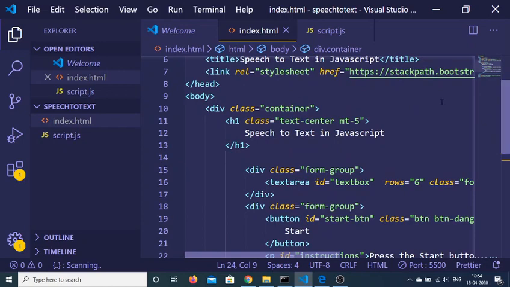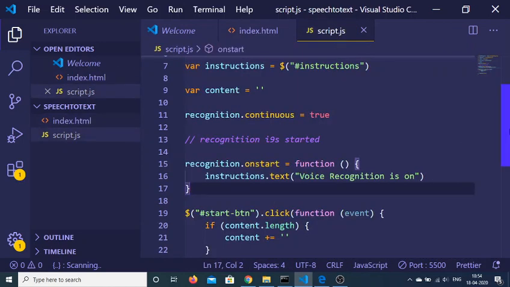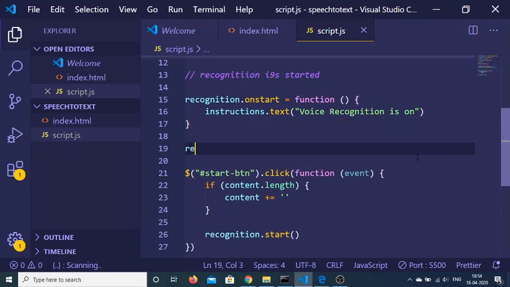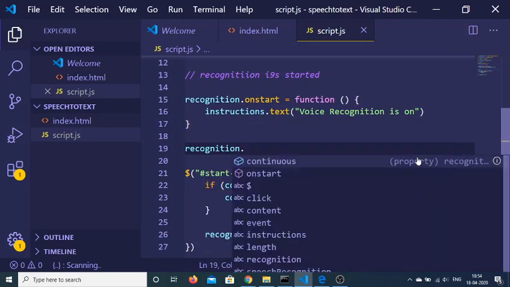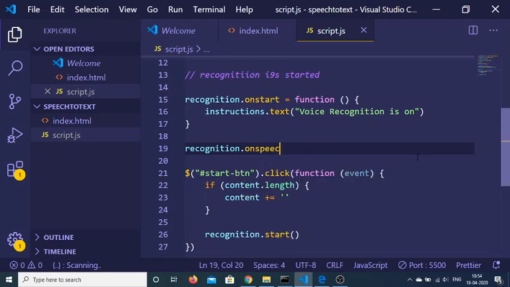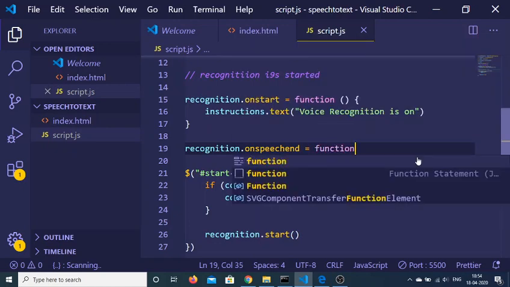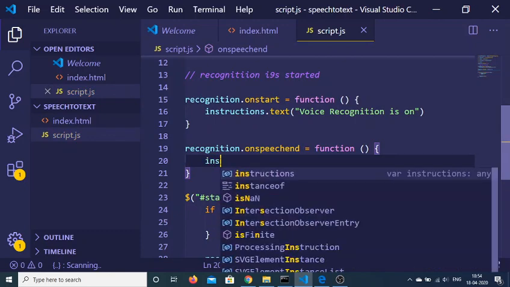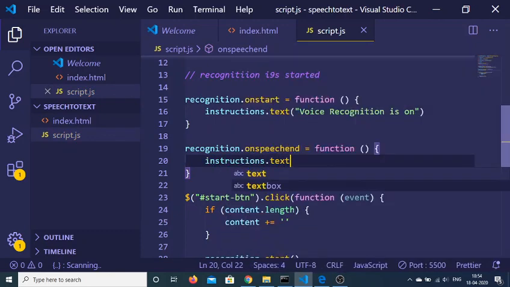So after that we now need to hook up the functionality here. When the recognition is ended, there is a method for that also, which is on speech end. This is again a callback function, and inside this we can just again change the instructions dot text.